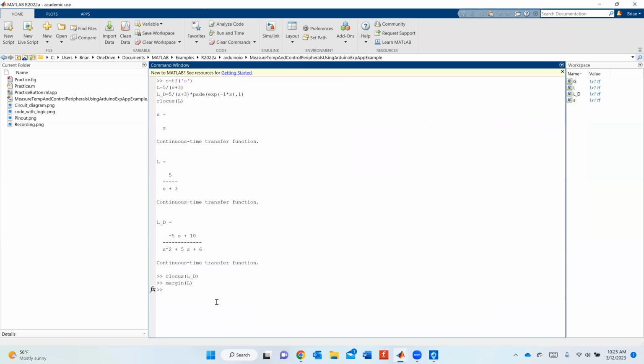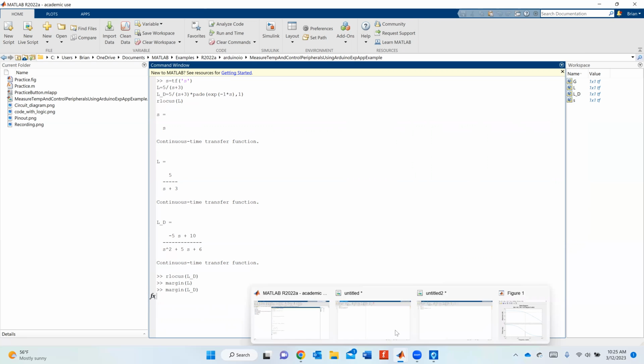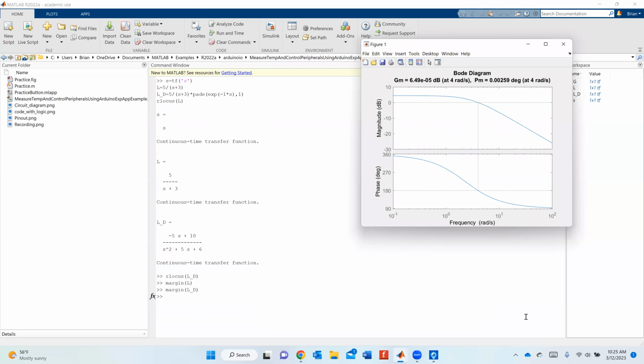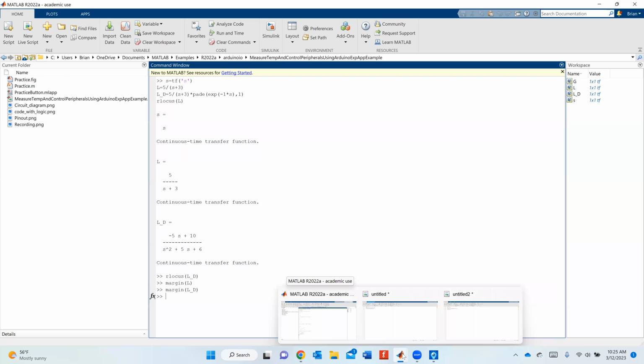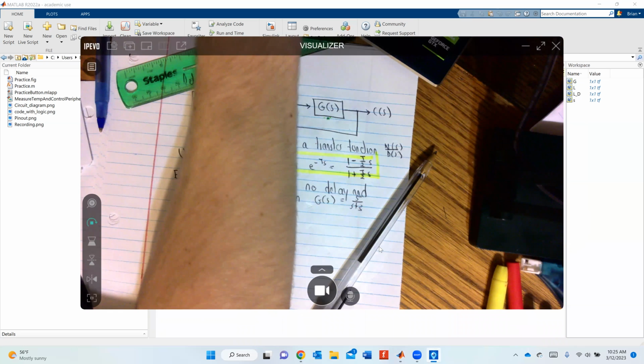But when we did the margin with the delay, L with the delay, what we saw was actually that the gain margin went down. It's no longer infinity. It's an actual finite value. So when you add a delay, you decrease how much gain you can implement in your system. So just notice that delays can make your system unstable. So you have to be careful. And so now that we saw that,